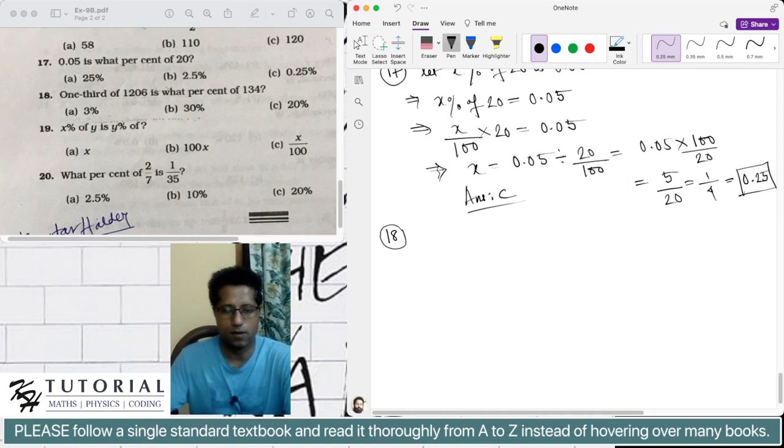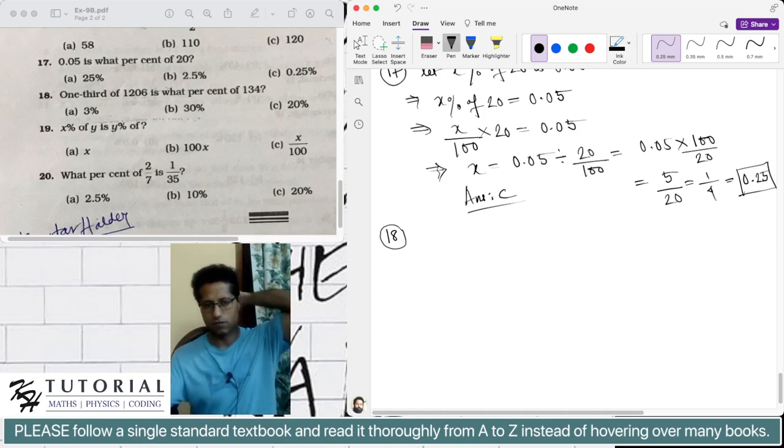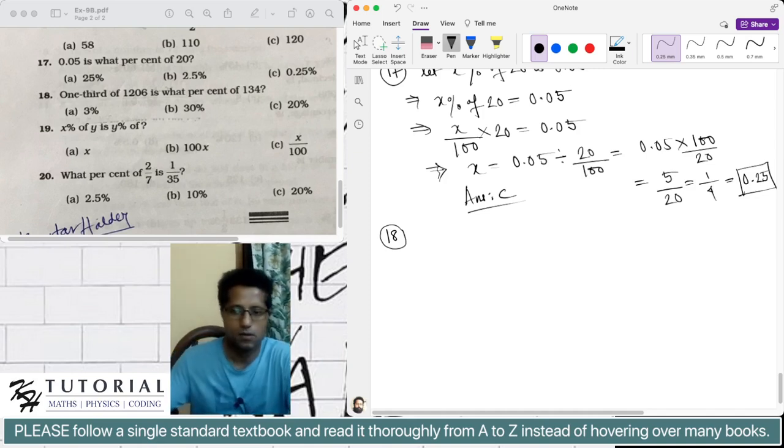One third of 1206 is what percentage of 134? So in this kind of percentage problem, whatever the unknown is, you need to assume that to be an unknown variable. So let